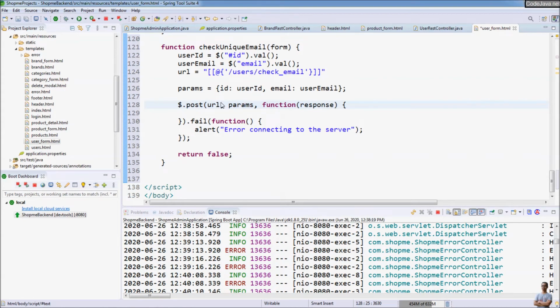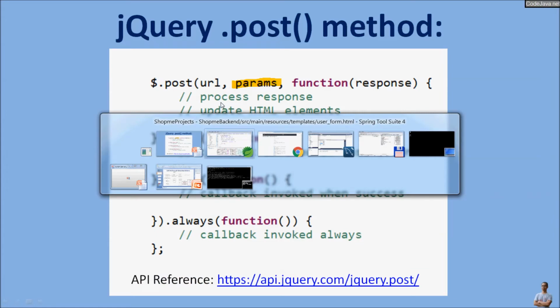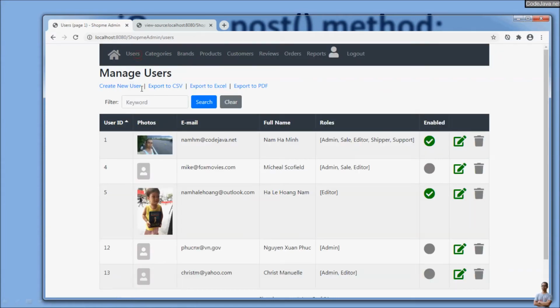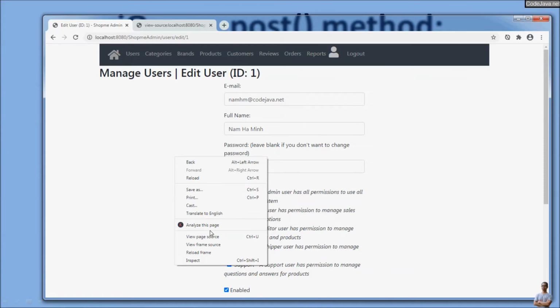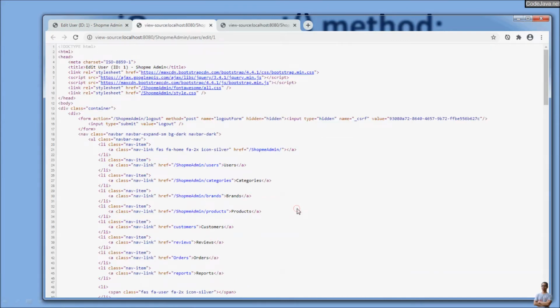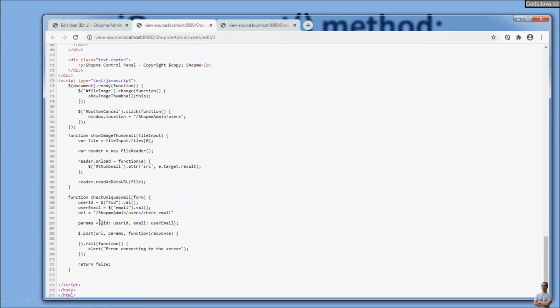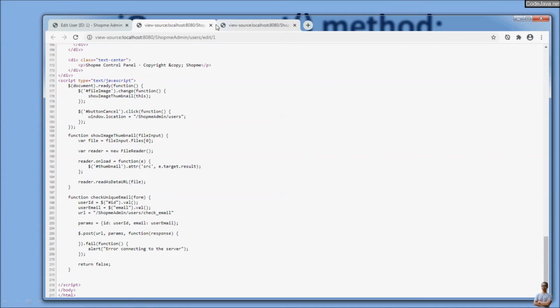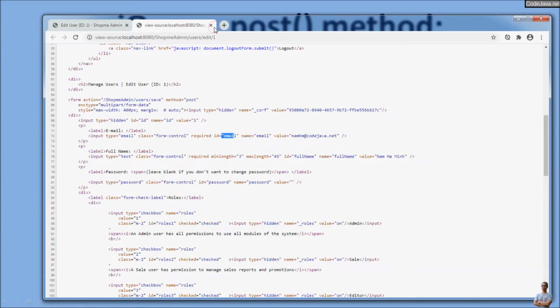Okay, save the changes, and now let's test. Refresh the user new form. Users. We edit user ID 1 here. We use the page source to verify the URL for the AJAX call. You see the URL for the AJAX call here: submit_admin/user/check_email, which is correct. Okay, now